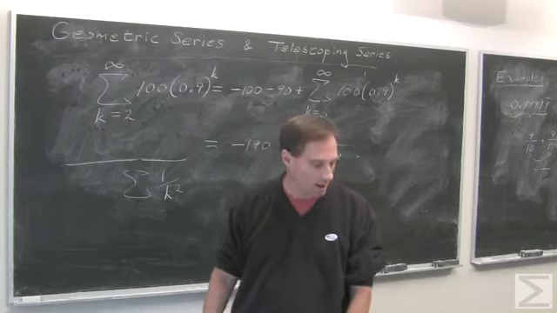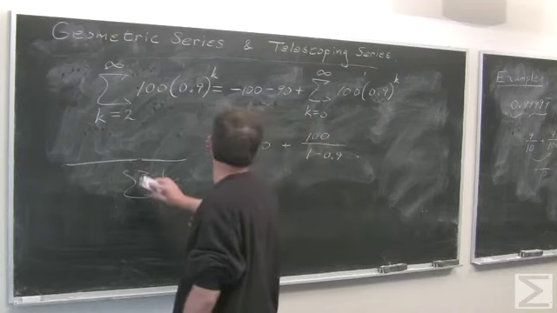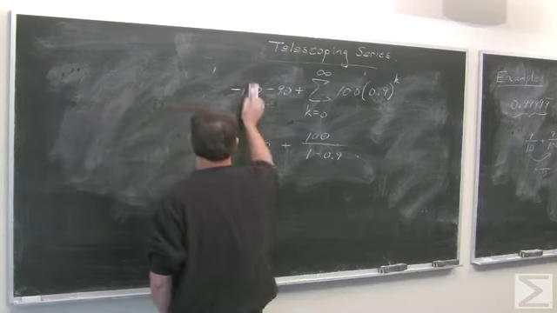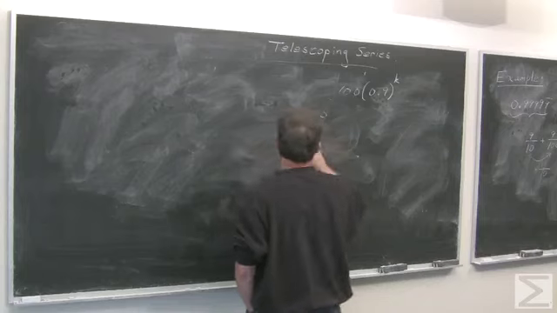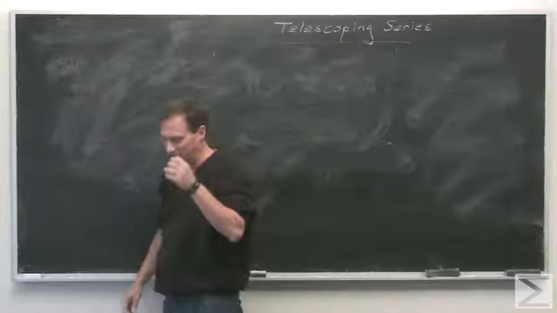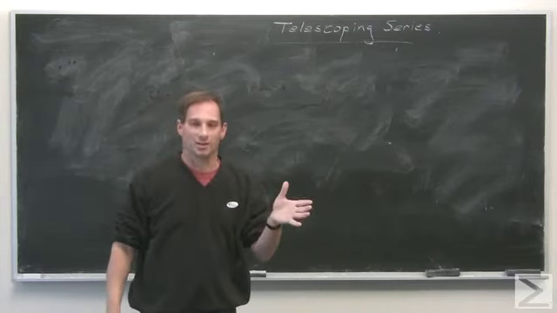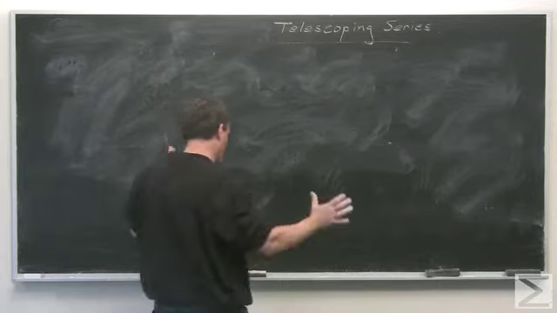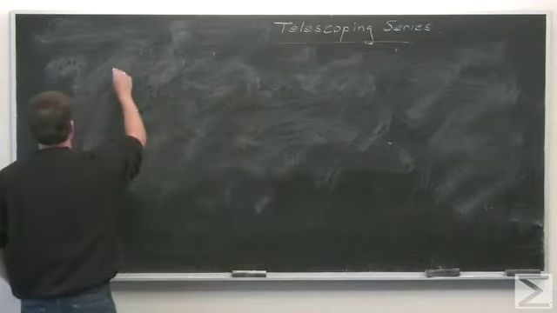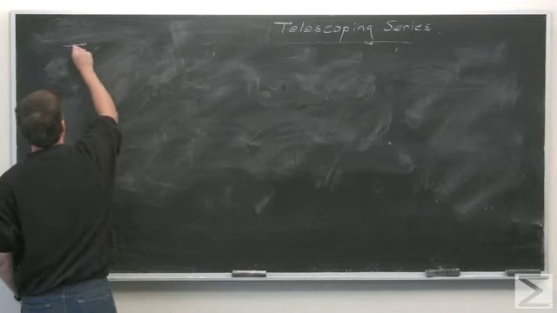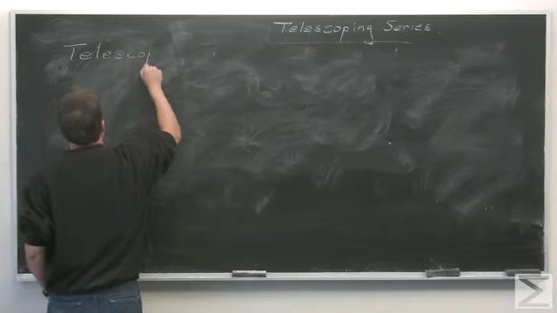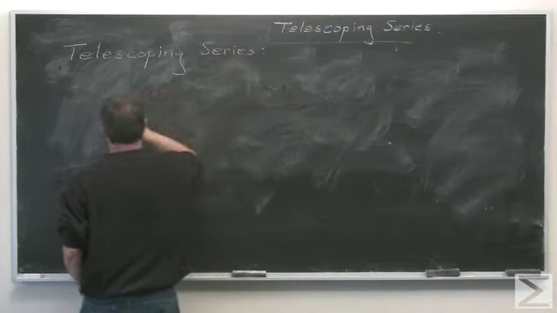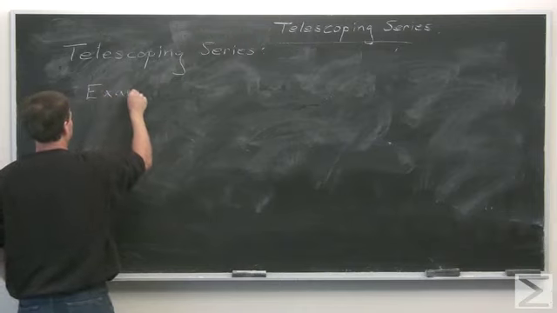Okay, I want to look at telescoping sums now. Telescoping series. So kind of the other case where we can actually find formulas for the sums. Telescoping series, in a sense, every series is a telescoping series, but in another sense, essentially no series are telescoping series. What am I babbling about? So let me give an example. It's the easiest thing to do. So telescoping series. An example,